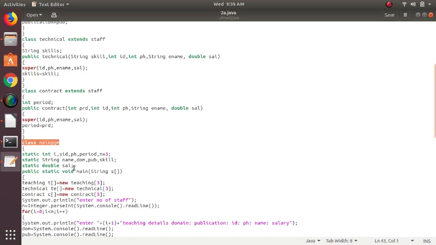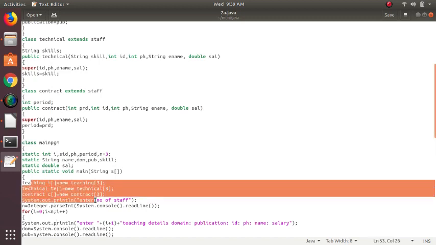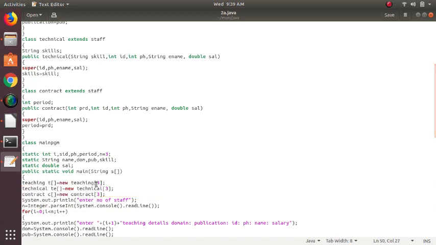In this we have some predefined variables, and then these are all for constructors. First we are creating teaching staff, technical staff, and then contract staff. The number should be 3. That means the maximum number of staff you can create here is 3.